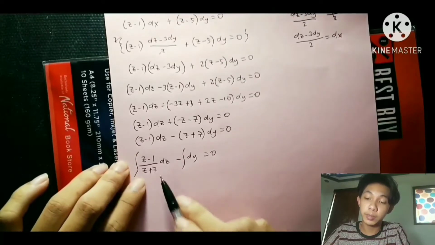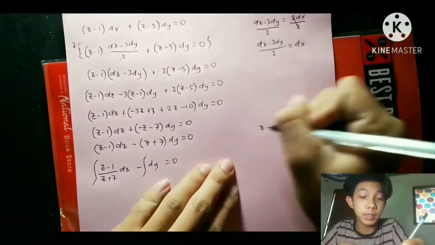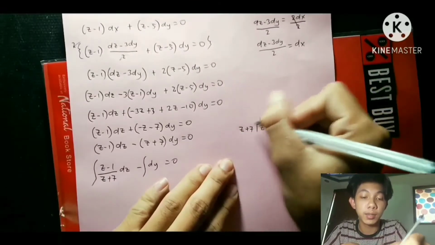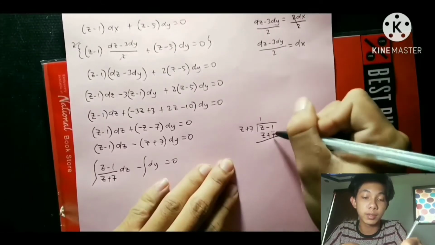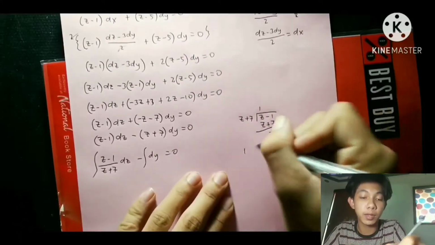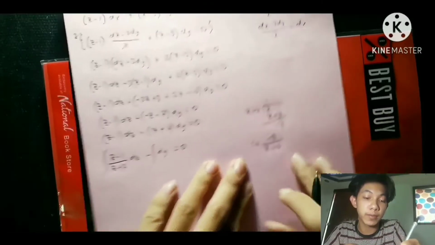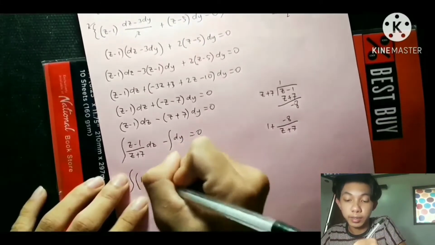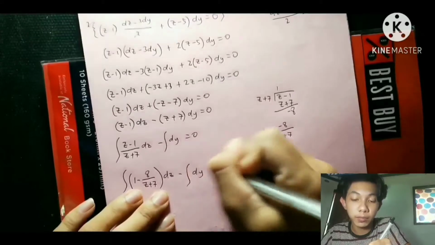So, ito mapapansin nyo, pareho siyang z. So, pwede siyang i-divide muna siya. So, z minus 1 divide by z plus 7. So, z 1 times z is z. Then, 1 times 7, 7. Then, cancel. Negative 1 minus positive 7 is negative 8. So, magiging 1 plus yung remainder natin, negative 8. Then, same denominator, yung z plus 7. So, magiging integral of quantity 1 minus 8 over z plus 7 quantity dz minus integral of dy is equal